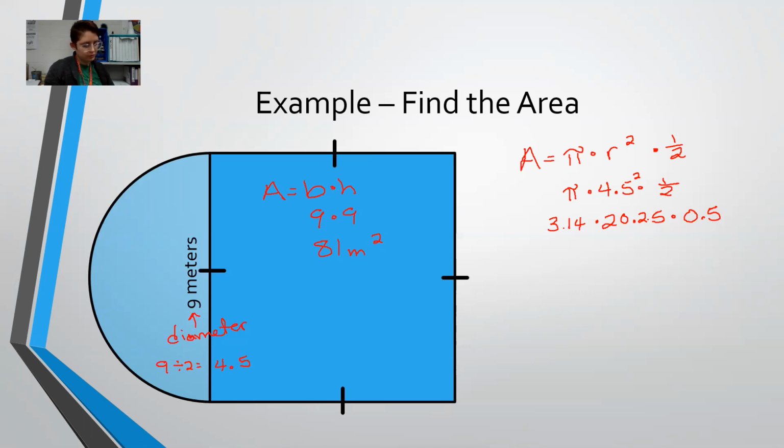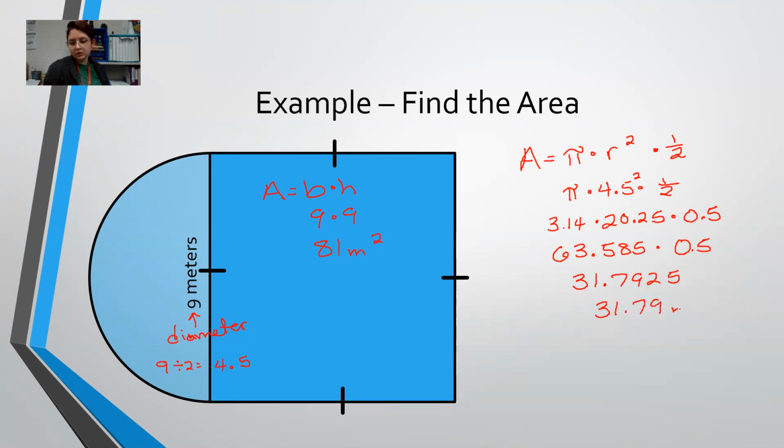So 3.14 times 20.25 gives me 63.585, times 0.5 gives me 31.7925. Now for ease, I'm going to round this to 2 decimal places. So the area of my circle is